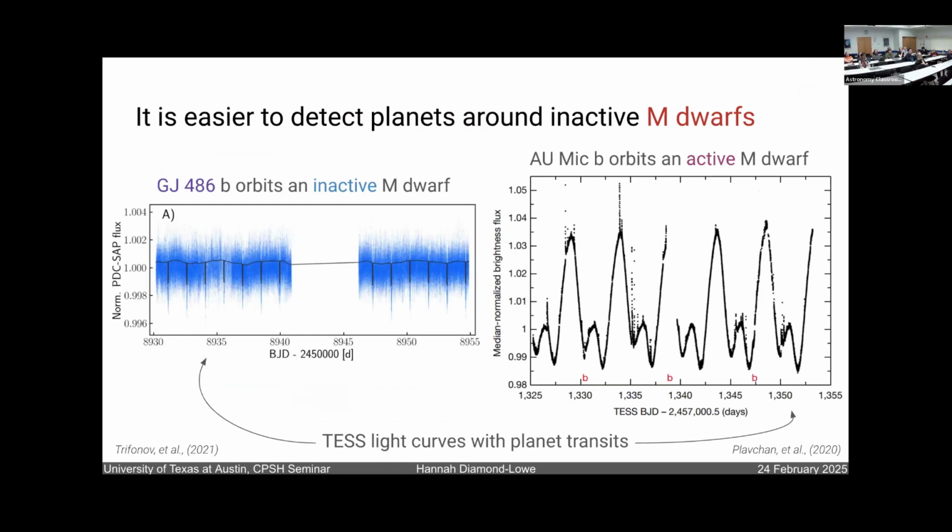I'm not going to show you results from that survey because the data is not all in yet, but I can show you very similar data that we got for GJ 486, which is the host star of the planet that we've been returning to. So one thing we want to say is a lot of these rocky planets orbit inactive, quote unquote, inactive M dwarfs. When I say an inactive M dwarf, this is what I think of as an exoplanet observer. So this is test data for GJ 486, an inactive M dwarf. You can see some wiggles, but even without that black line, you can see those transits by eye. Those little blue lines are actual transits